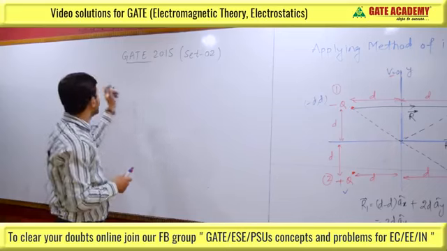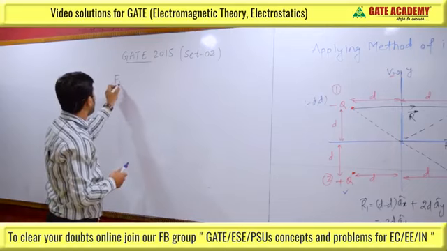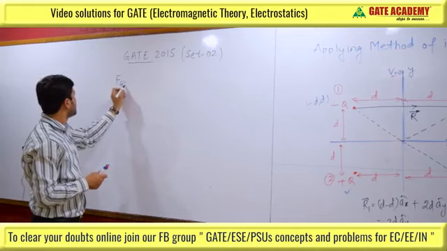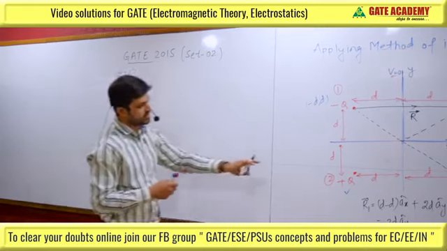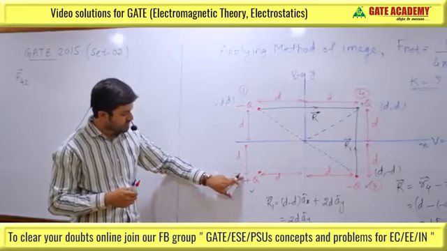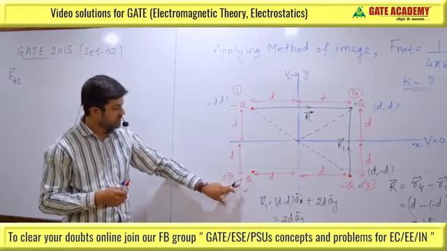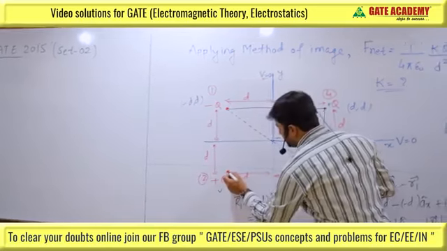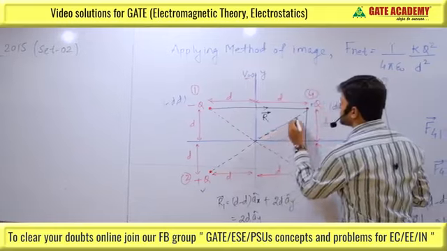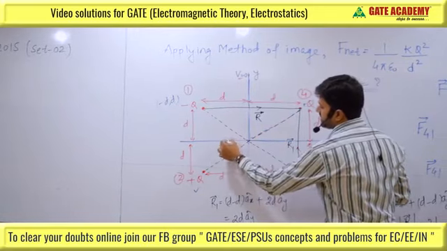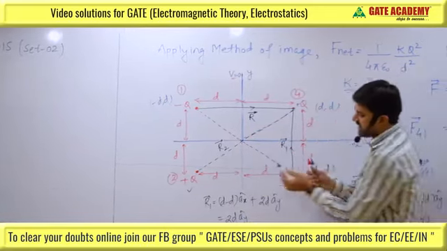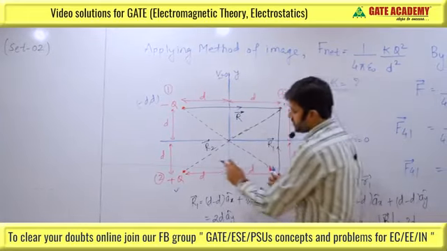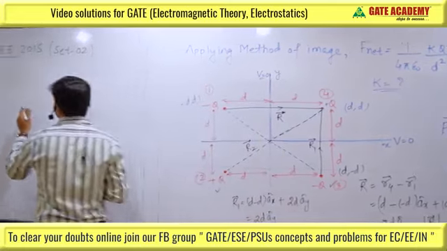Now we have to calculate force at the charge placed at 4 because of 2. Here, because of 2, the charge that is plus q, force on this plus q. So we have to join a line from this plus q to this q. Let us denote it by displacement vector r2. We are starting from here and we are moving up to this point. So the vector r2 will be,